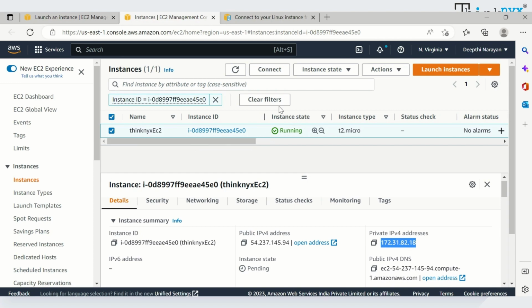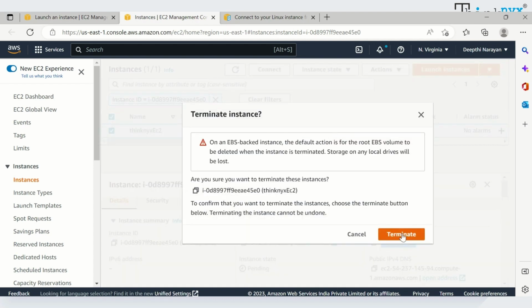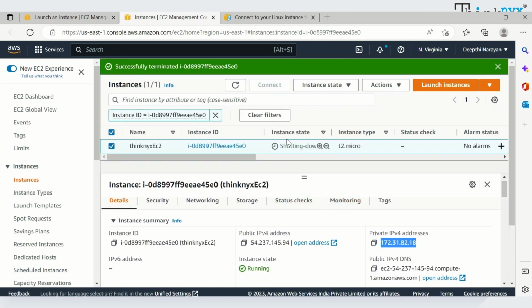Now we can click on instance state and we can choose either to reboot the instance or stop the instance. When you're stopping and starting the instance, make sure to check your public IP address. And if you do not want the EC2 server again, then you can click on terminate instance. For this particular demo, I will not be using this instance again. So I will click on terminate instance, click on terminate. And this is going to terminate my instance in just a few moments. So that's it about the demo today.